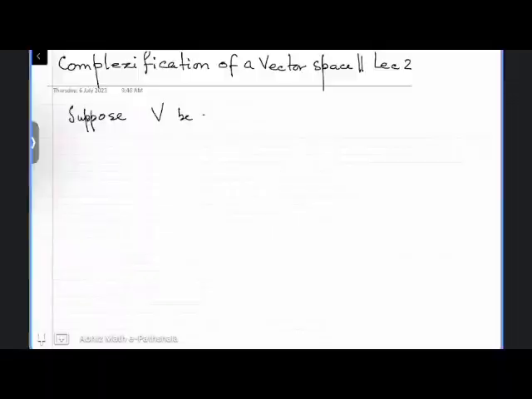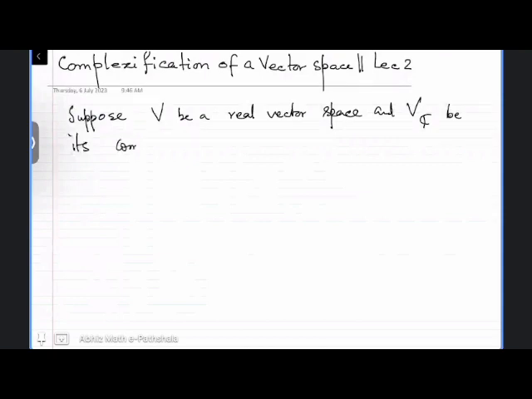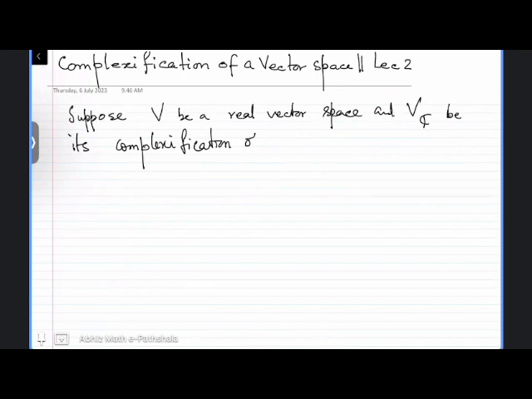Suppose V is a real vector space and VC is its complexification. Okay. Now, whenever you are talking about complexification, your terms are